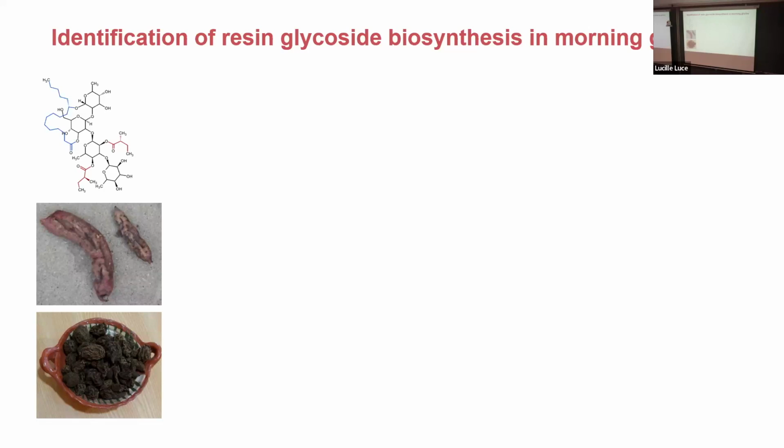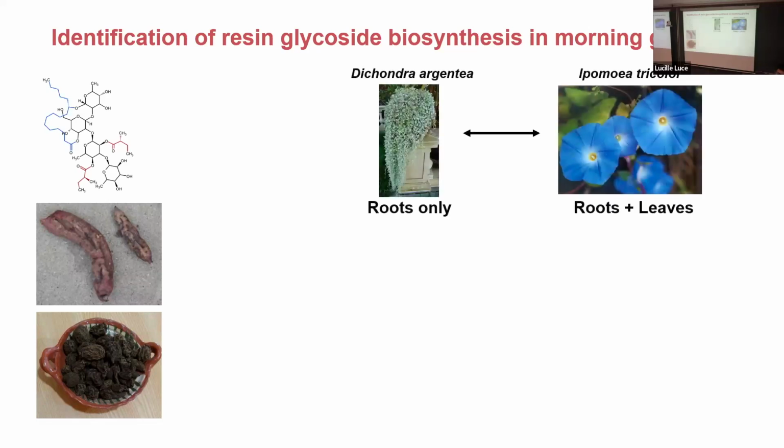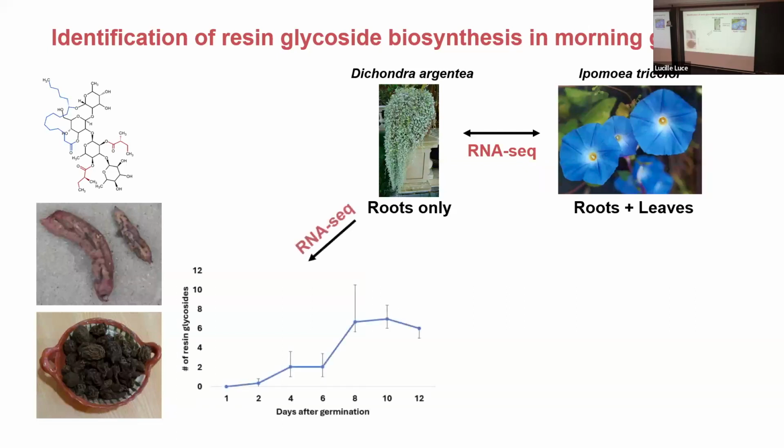So we are interested in figuring out what are the enzymes that produce these resin glycosides. For that, using the diversity, we found out that most species produce resin glycosides in both, or accumulate in both roots and leaves, but only in this Dichondra argentea it's produced in the roots. So we did RNA-seq of these two, but these two are evolutionarily very distantly related. So we are also looking at a time series between the days after germination of the seedlings of Dichondra, and we see a significant difference in accumulation patterns, which we are also using for figuring out which enzymes are upregulated